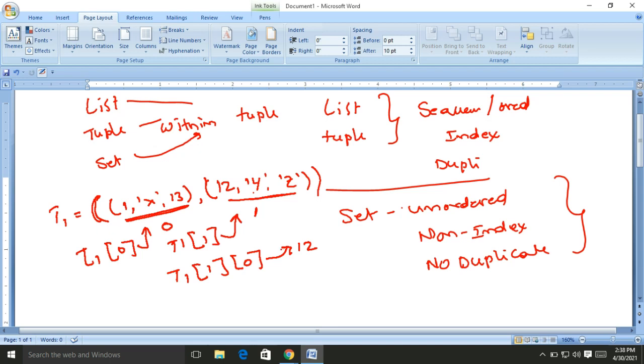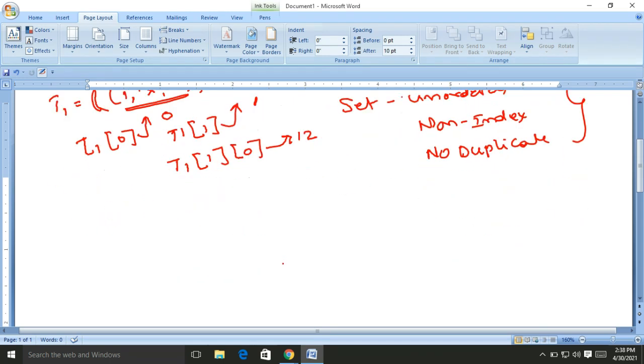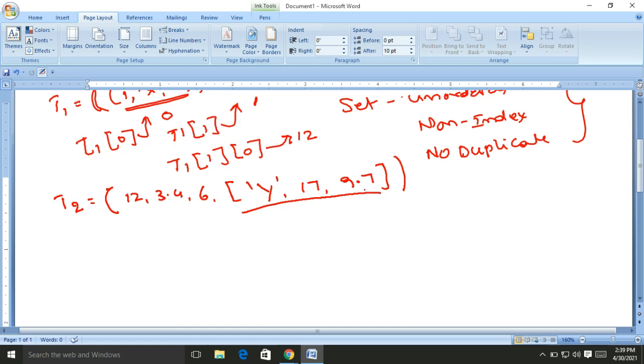In a similar way, I am going to show you how we enclose a list within a tuple. Now I am going to create tuple T2 as, suppose, 12, 3.4, 6, comma, y, comma, 17, comma, 9.7. We know that this is the list, and the tuple is indexable.